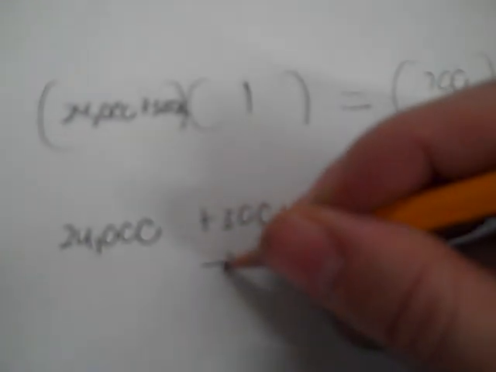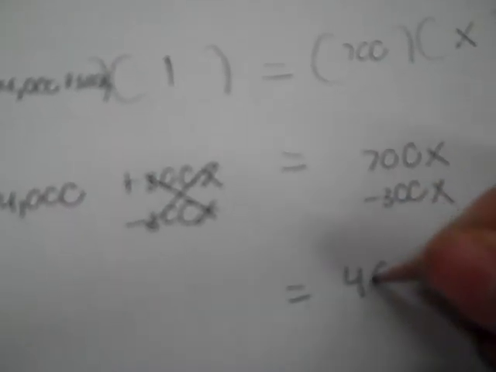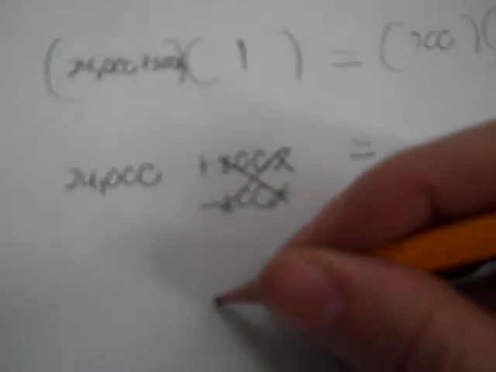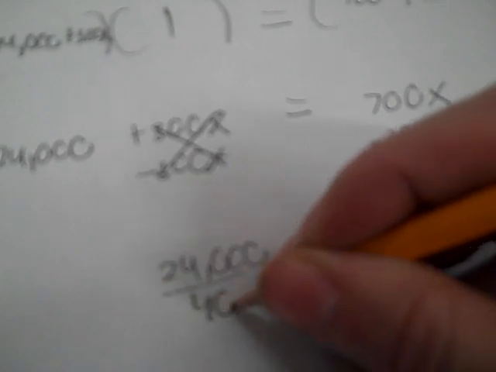Okay, so we know we can solve for x pretty easily here by subtracting 300x from both sides. Okay, so I have 400x over here, and I've got 24,000 right here. So now I divide by 400. So 24,000 divided by 400 is 6. Okay, so it needs to sell